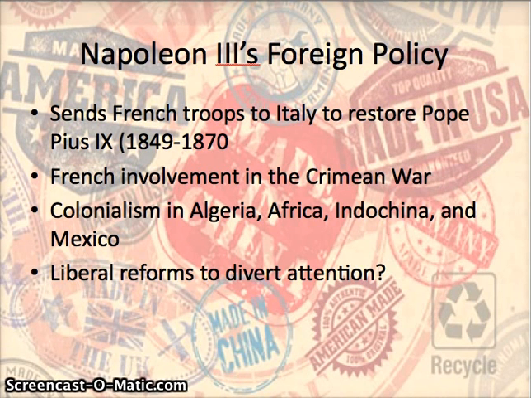And so going back to the previous slide where I asked why is Napoleon instituting liberal reforms, again, you could speculate that because he is seen as less successful in terms of foreign policy, maybe he's just instituting these liberal reforms to prevent any kind of revolt, revolution like we saw in 1848.